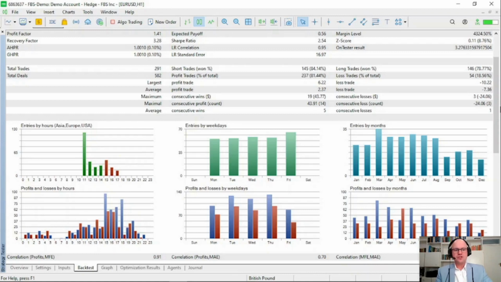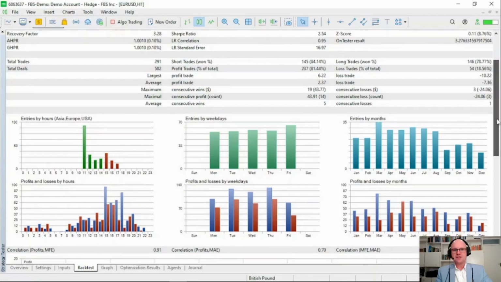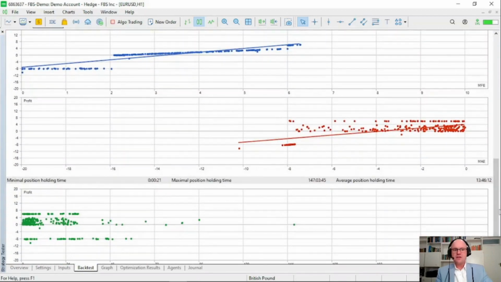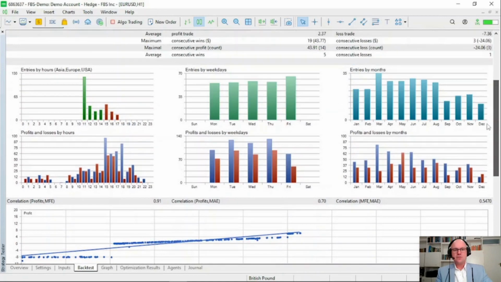From this, we can also now determine the average amount of monthly profitable trades from our 81.44% win rate. This means out of the total of 291 trades, 237 of these were profitable. You'll also see a very small average holding time of only 13 hours and 46 seconds, which is very typical